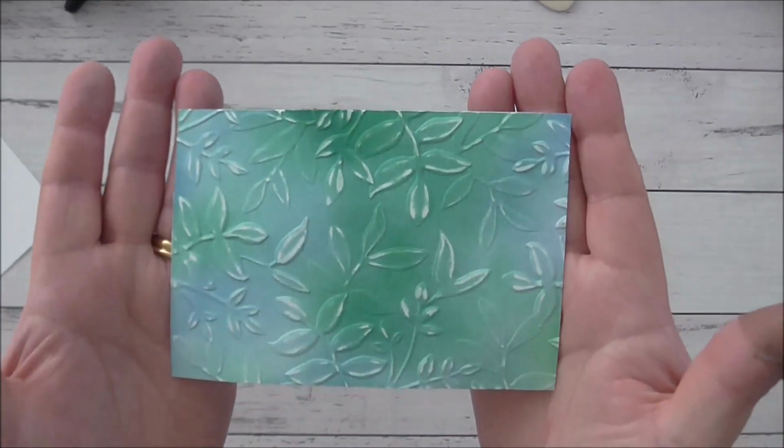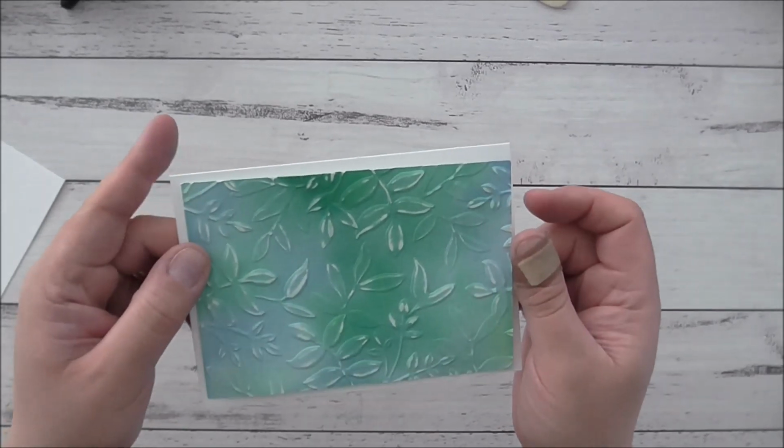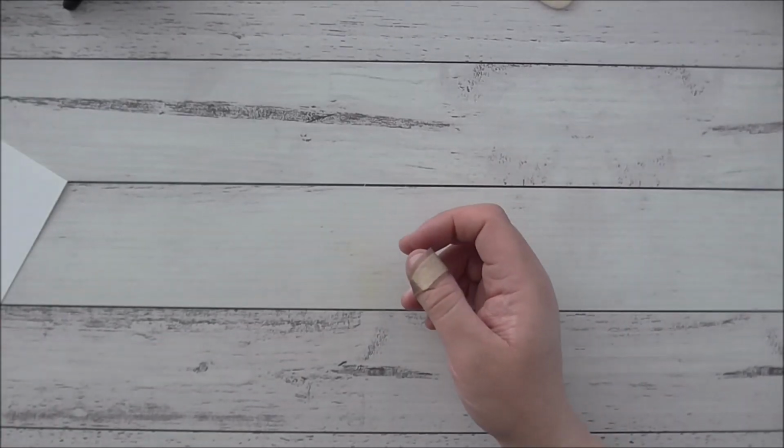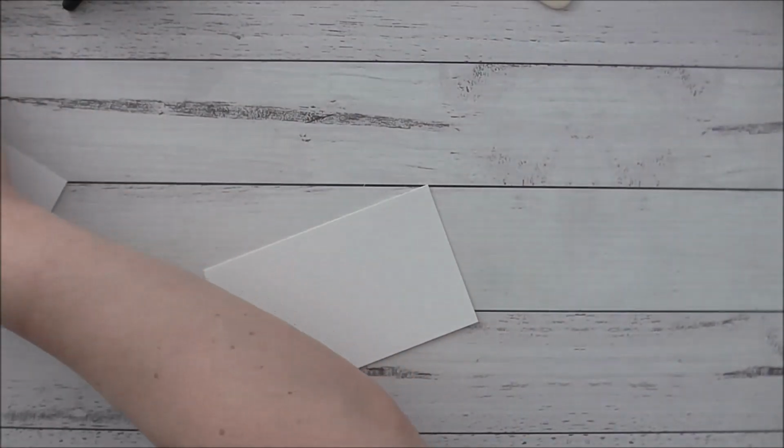Okay, so that's it. I think that looks beautiful. And if you put it on the white, just wow. All right. Now, I've got a piece here of watercolor paper, and I'm just going to grab the